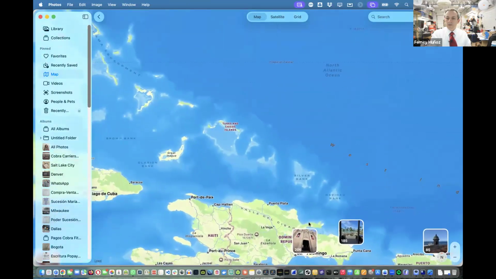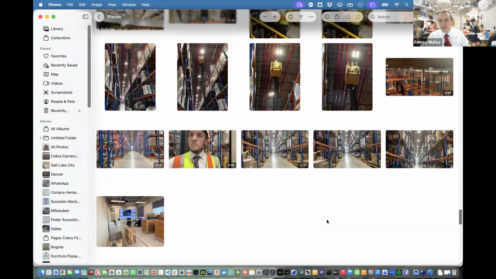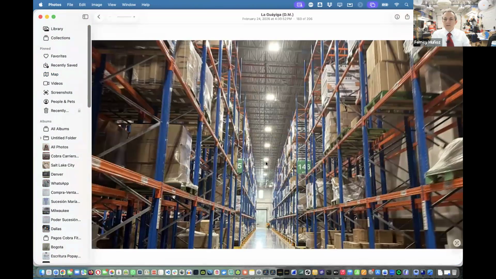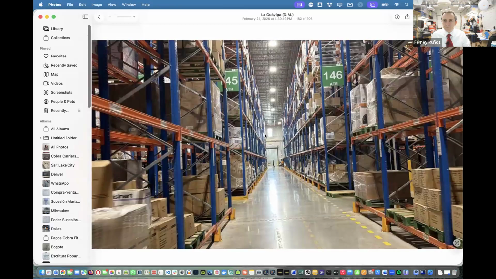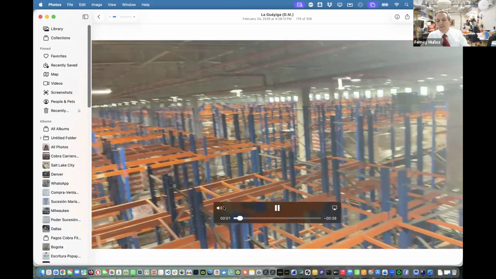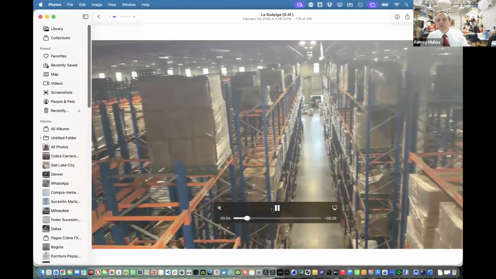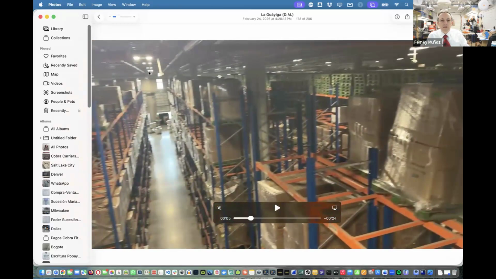Let me go to the Dominican Republic. Okay, I went up. Watch this. High ceilings. Okay. I'm all the way up above the racks. And what happens is that when you're up there, there is nothing. If you have the access point here in the ceiling, which is where you put it, because if you put it down low, the forklifts are going to knock them down, then you're going to have